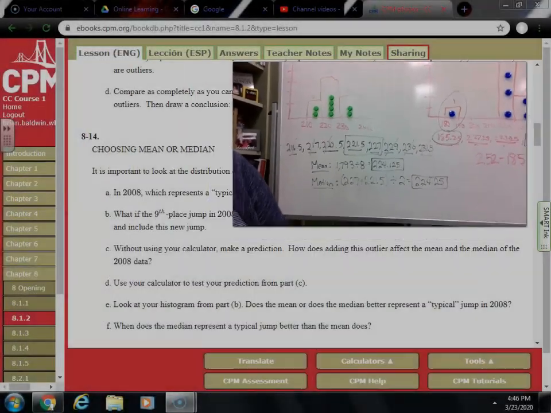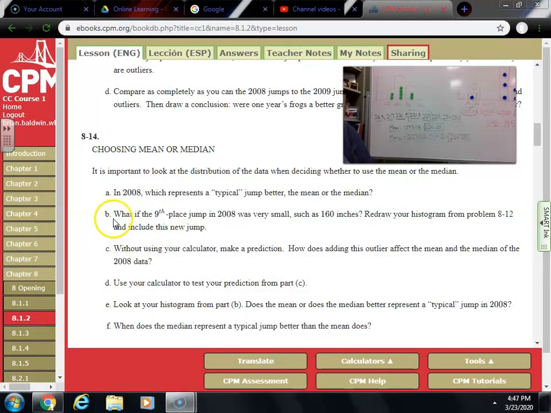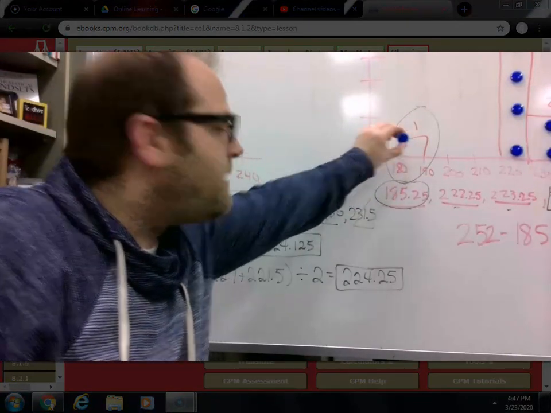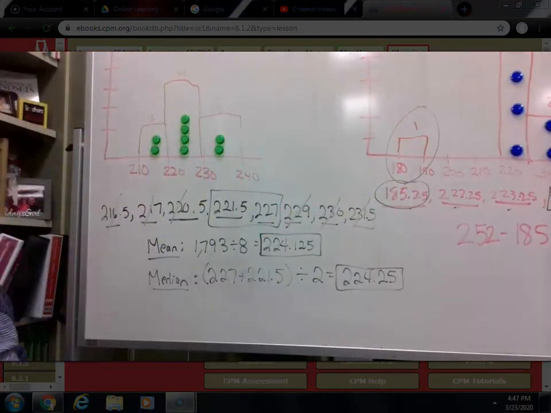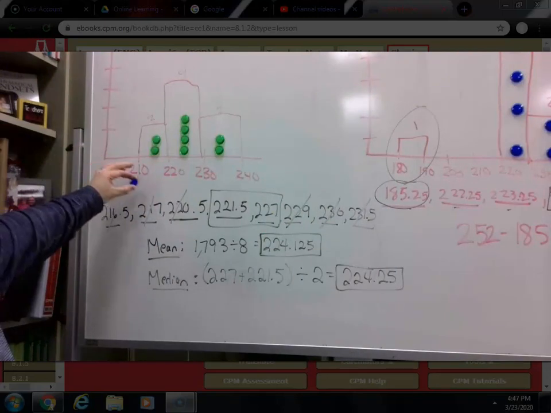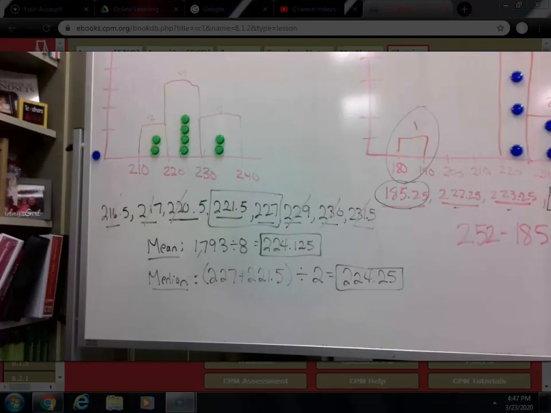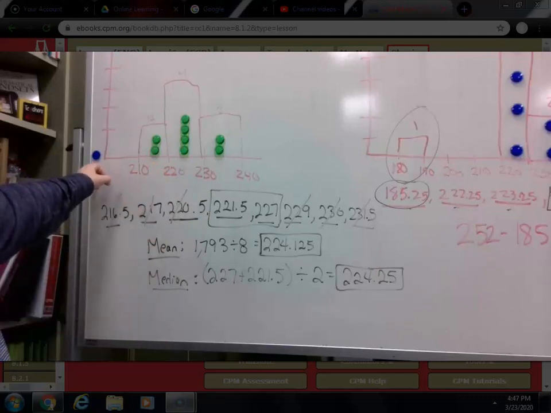If we go back to question B, it says, what if the 9th place jump in 2008 was very small, such as 160 inches? Redraw your histogram from problem 8-12 and include this new jump. So if we take one of our magnets here and we say that that jump was 160, that's going to be somewhere all the way back here, okay? And that's clearly going to then be an outlier in 2008 now, because it didn't go along with the rest of our data here. So if we're going to go ahead and do that, and we added this 160,